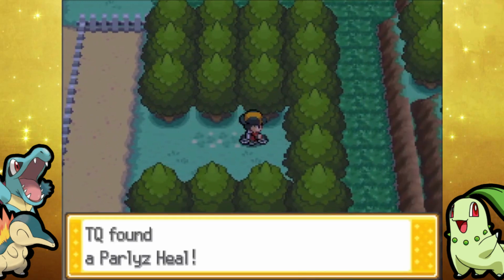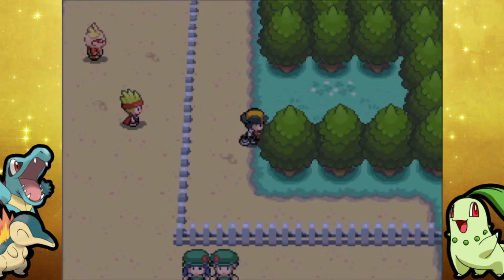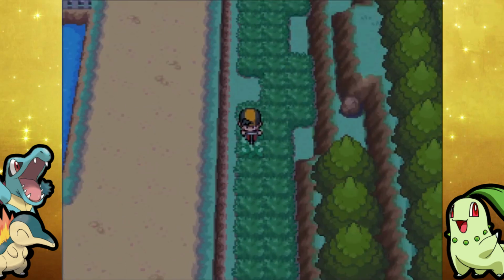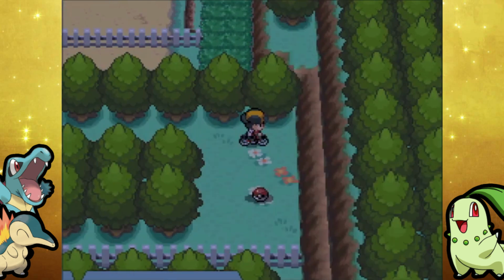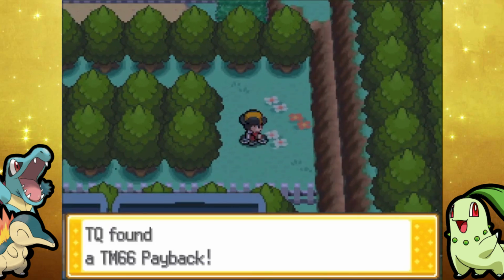Alright, right there's a Paralyze Heal. My game's bugging out, I think because it literally just turned nighttime. We're almost at the end of this episode, so I'm not going to worry about it, but what the heck? I've never seen that before. That's crazy. Alright, right down here's a TM, and this TM could actually come in handy for the next gym,